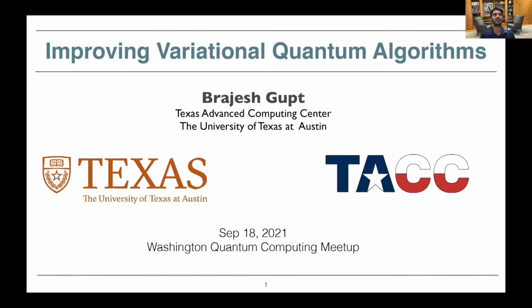And then talk about some of the things that I have been working on lately. So in the previous talk, we discussed what variational quantum algorithms are. They are quite good, and they offer the promise to showcase a quantum advantage in the near future. But what all things we can do to improve upon the existing techniques is what I'm going to talk about in these slides.